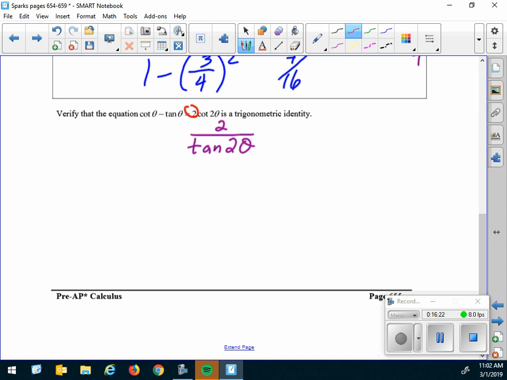That 2 is not a 1/2, so don't send it downstairs. Now let's just use the tangent 2 theta formula. So this is going to be 2 over 2 tangent theta over